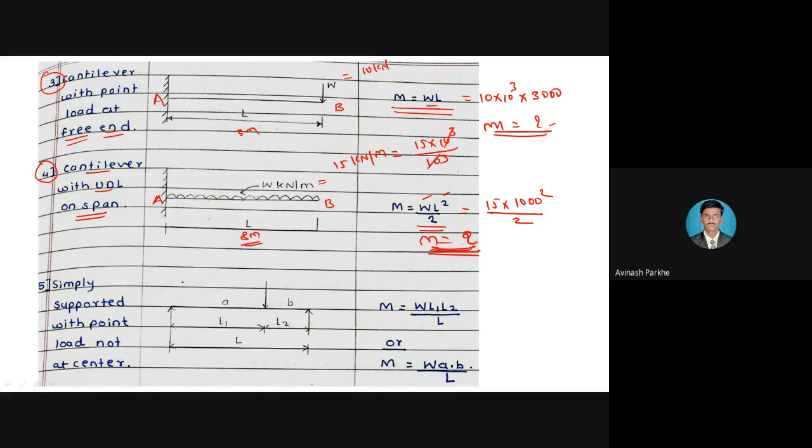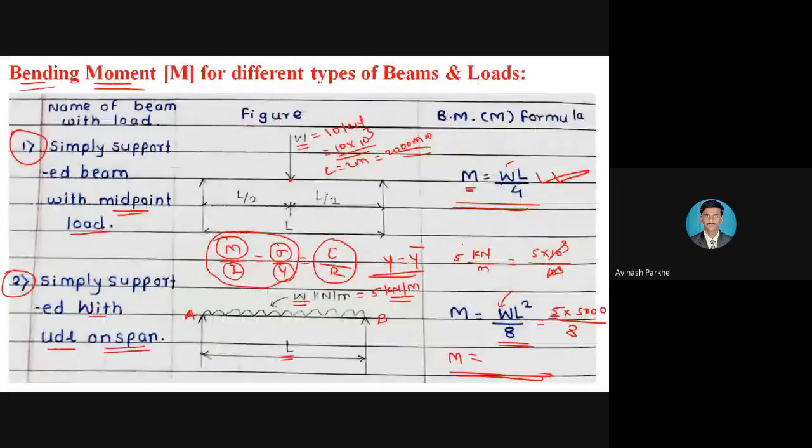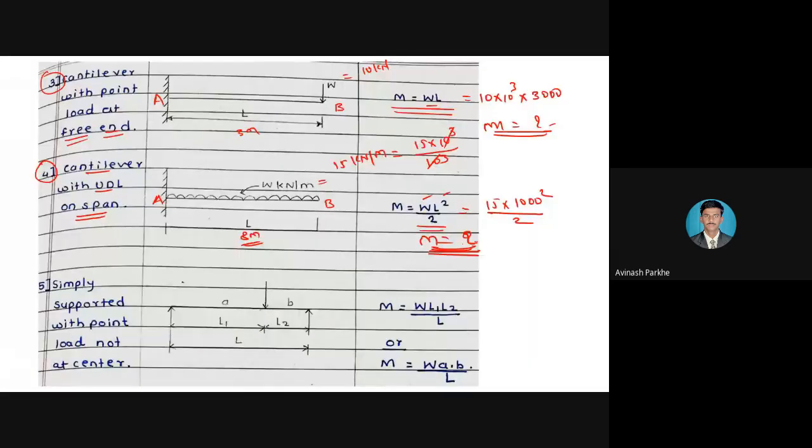म्हणजे बीमचा टाइप आणि लोडचा टाइप तुम्हाला दिलेला असतो, त्याच्यानुसार तुम्ही आयडेंटिफाय करायचा की तो कुठल्या केस मध्ये बसतो. Either it is case number 1, case number 2, case number 3 or case number 4, and according to that we have to use the bending moment formula. So these are the 4 standard cases.